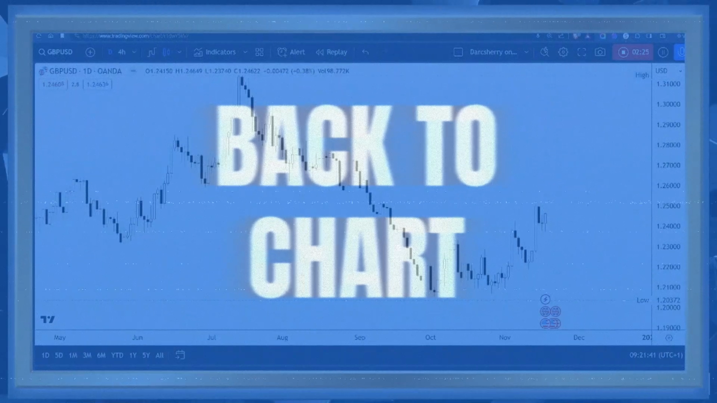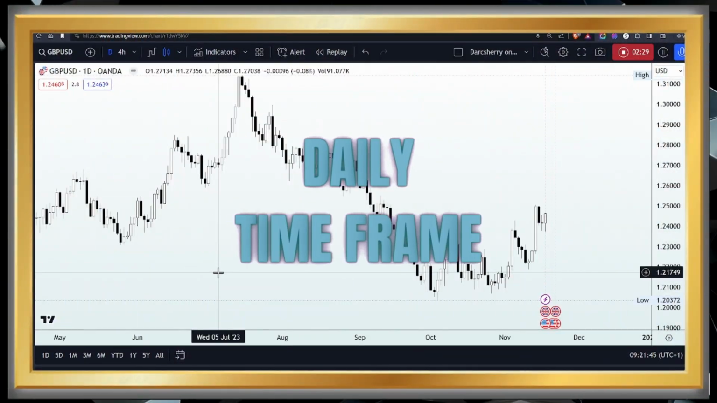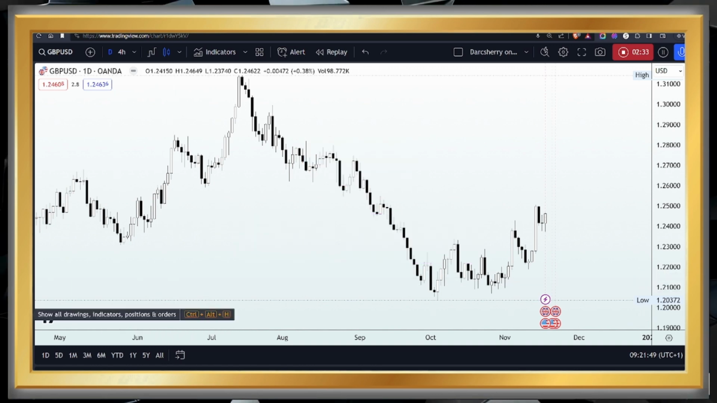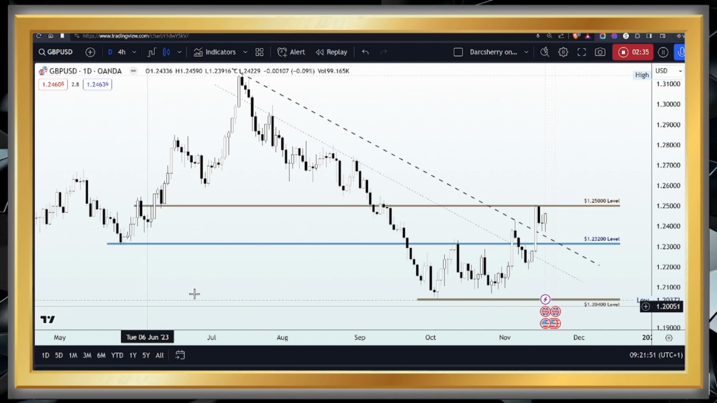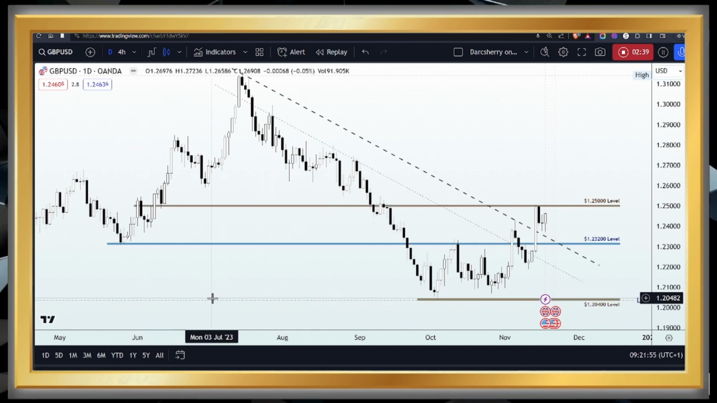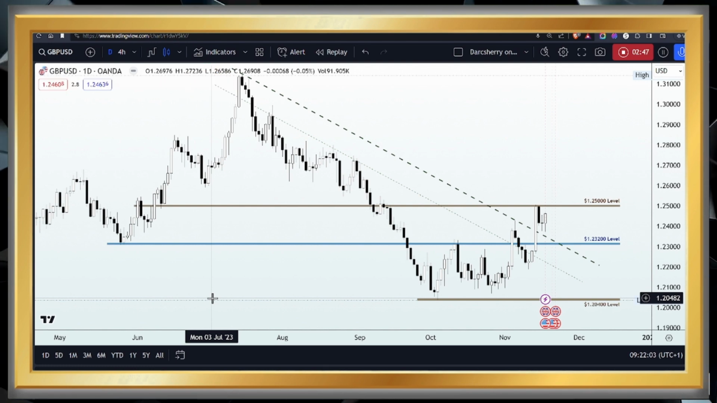Now, to start with, this week we will begin on the daily time frame where I have a beautiful trading setup which we will be using for this week. And what I did on the daily time frame was to take into consideration the nature of price action around the month of June, July till the present moment to see how participants had played out during the course of